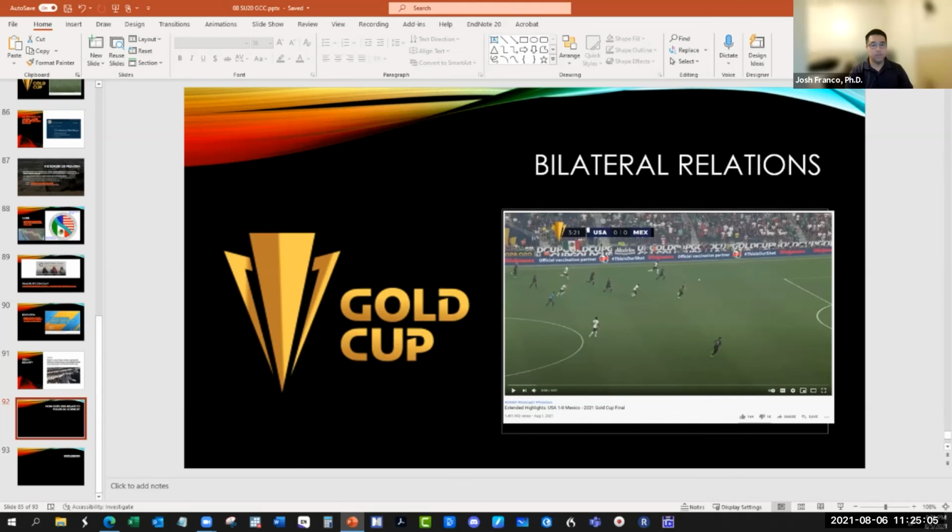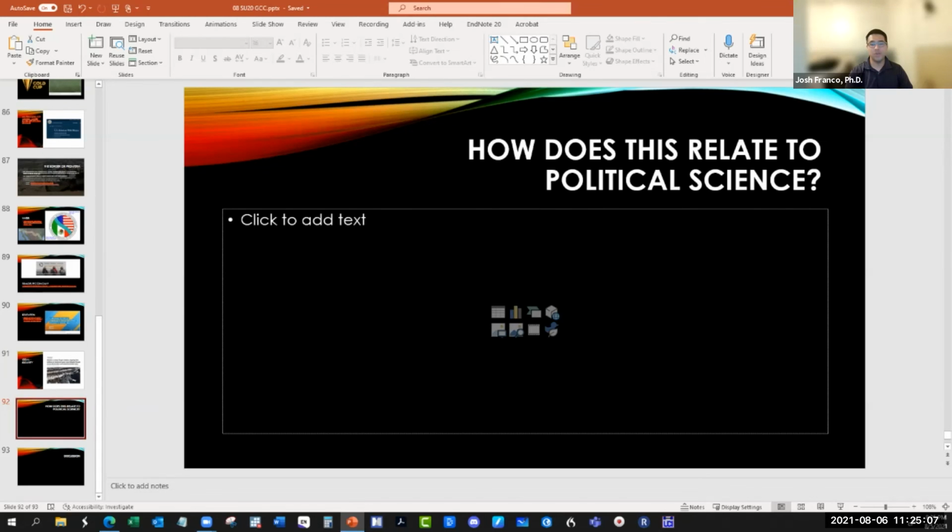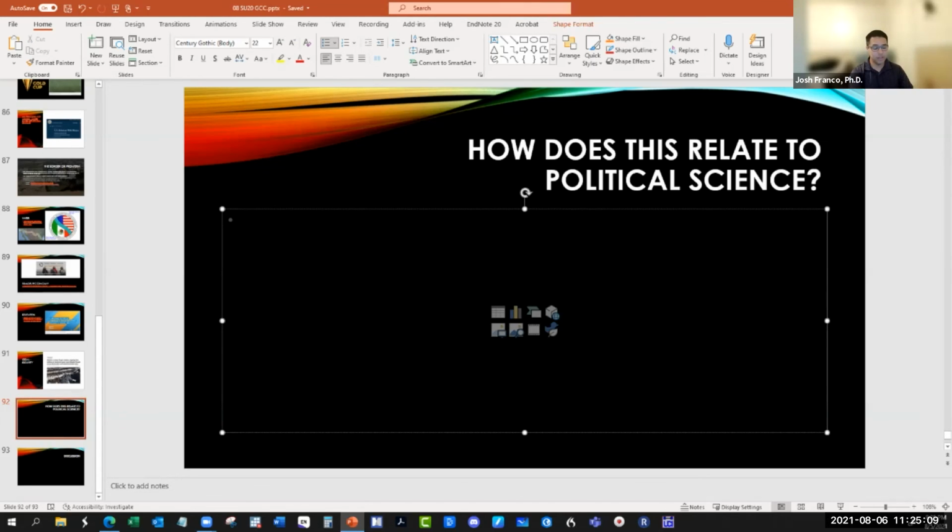So all in all, the big question is, how does this relate to political science? Well, political science is interested in the relationships between countries. And when you're able to look at multilateral agreements, which are relationships between multiple countries at the same time, you start to see the complexity or the web of it all. But if you really wanted to isolate the relationship between one country and the other, you look at the bilateral relationship. And what's nice for us is that the United States has two very significant land borders with other countries, Canada in the north and Mexico in the south.